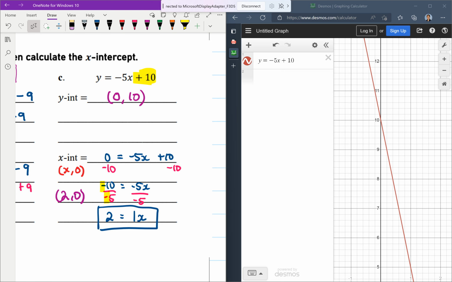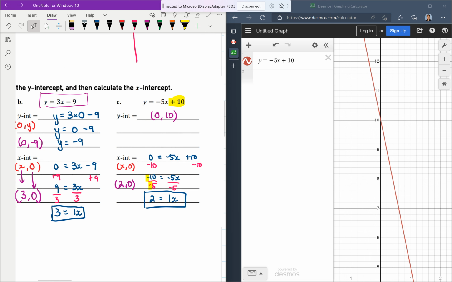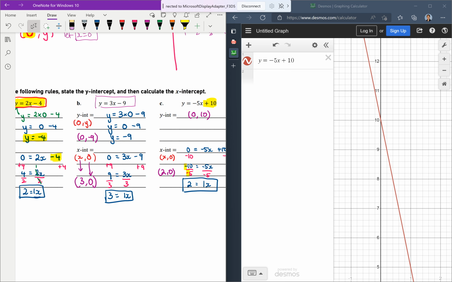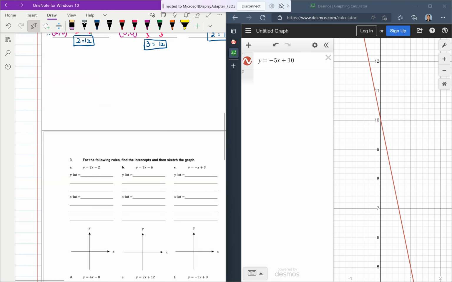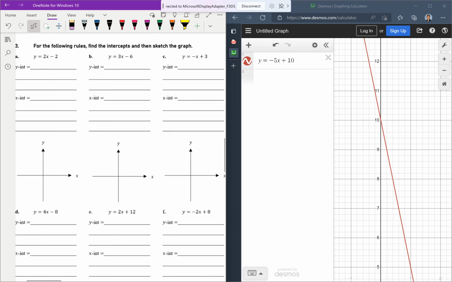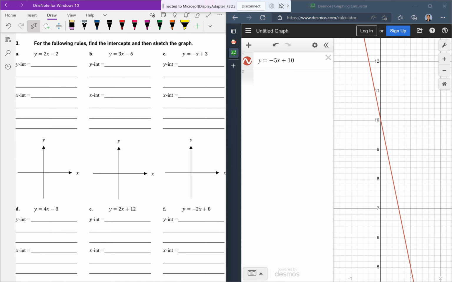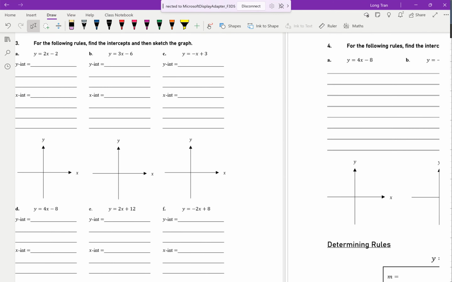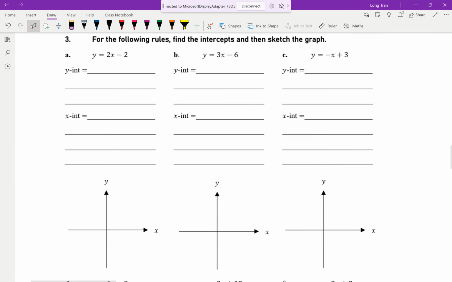In the next 15 minutes, I'm going to show you the second part, and that's the last skill I needed to show you of chapter 9. Last skill of chapter 9. Okay? And then you should be all right for next year. But those are the 2 main skills I want you to learn. Here we go. That's the page. Use your laptops if you like for Desmos to double check your answers. So as you're sketching it,